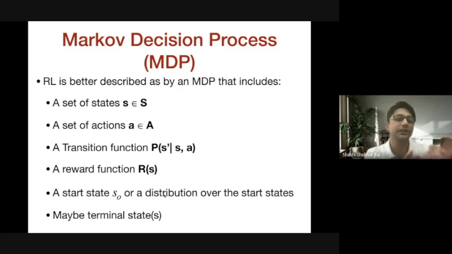So what is the beginning of the whole learning process? What is the beginning state that is given? And there may exist a terminal state, or there may not. If you have an episodic task like the game of chess, you're training the agent to play chess. Everybody knows that after some 40, 50 moves, it will be a draw, a win, or a defeat. So a terminal state exists in that particular game.